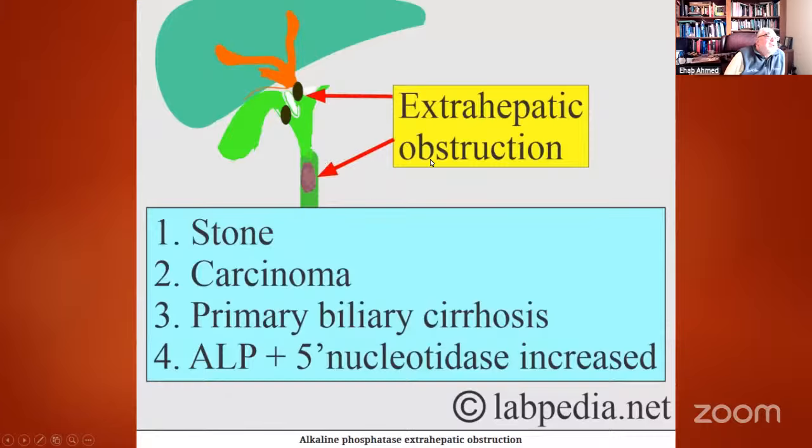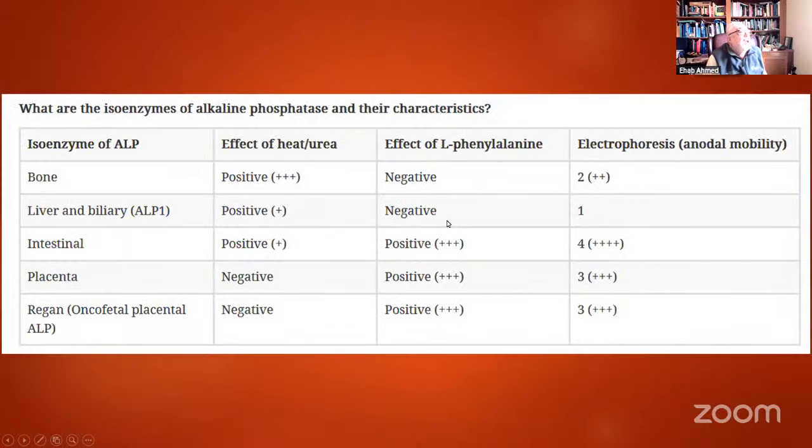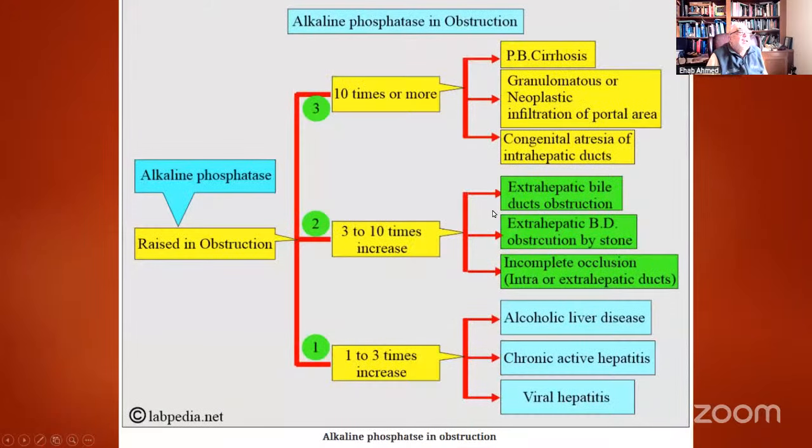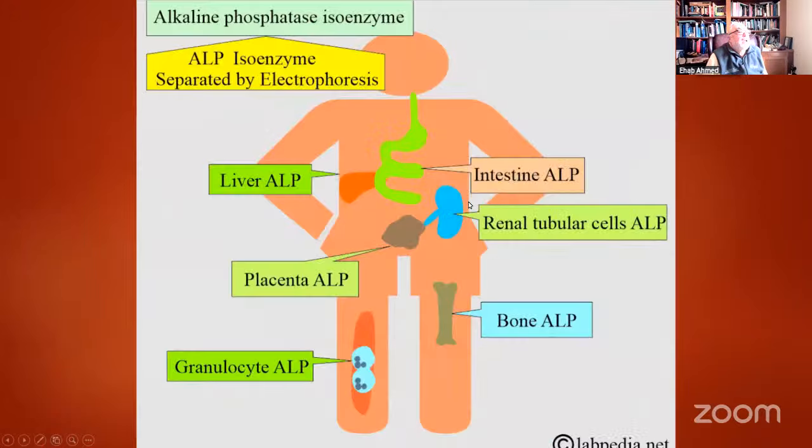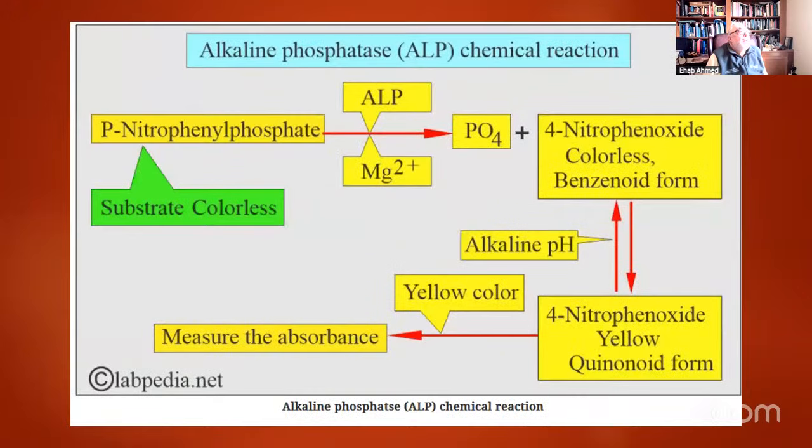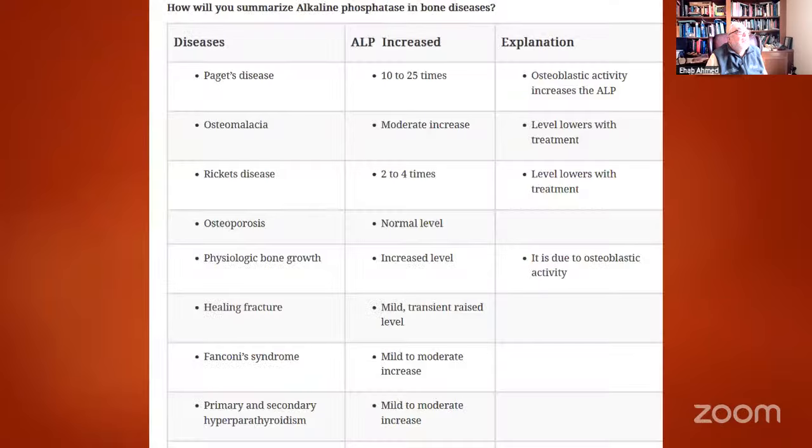And this is what happens if there is extrahepatic biliary obstruction, which can happen in our babies if there is extrahepatic biliary atresia. And this is a more sophisticated lab illustration. If you want to see the diseases that cause increased alkaline phosphatase: